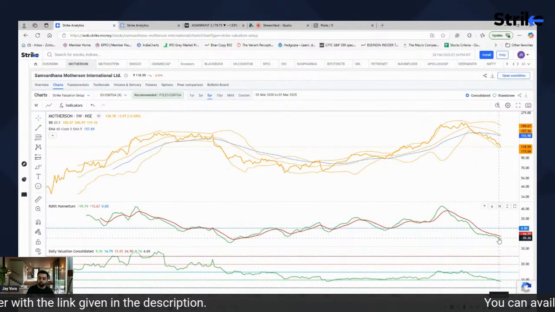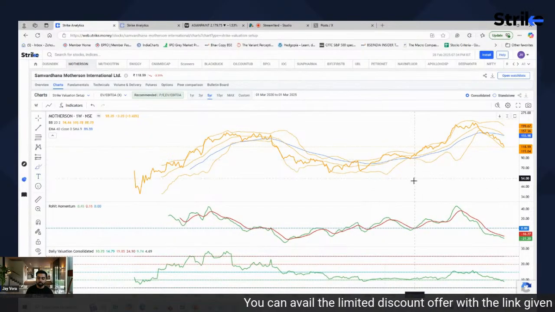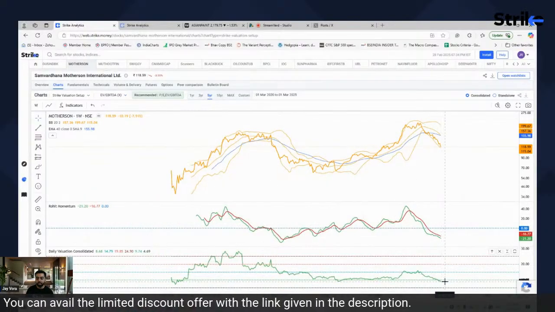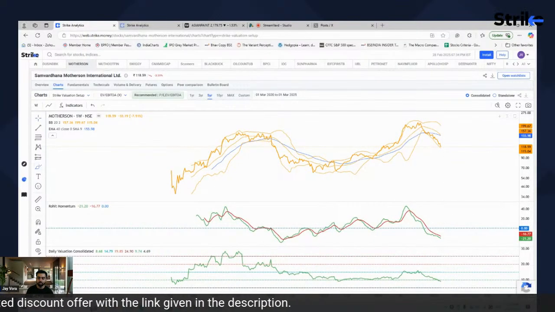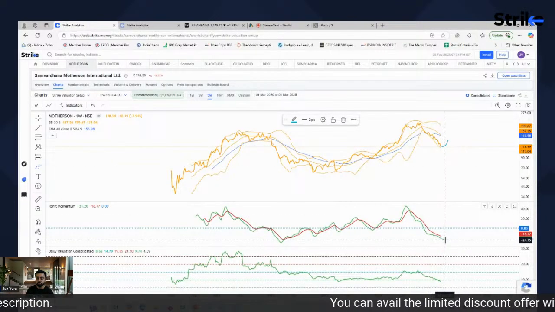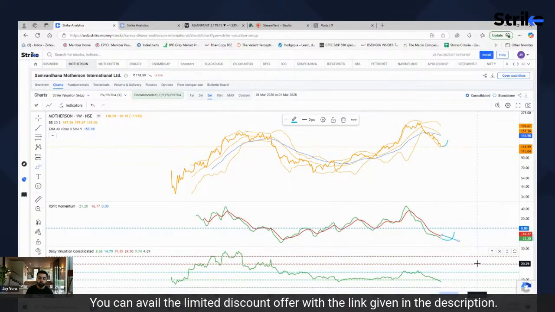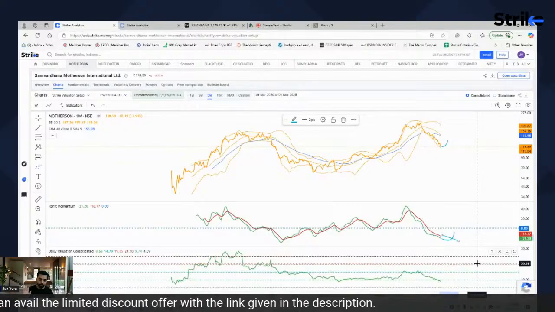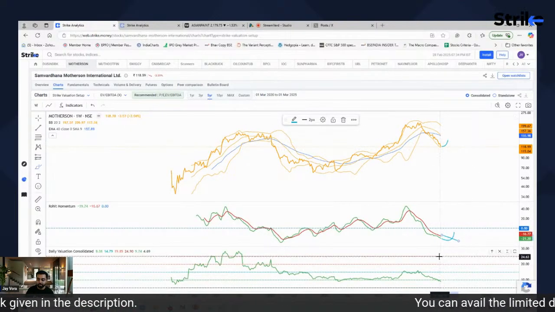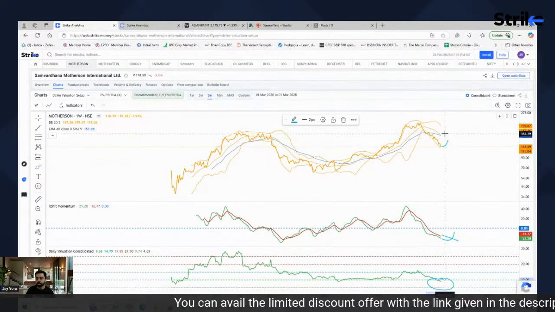So this is just an example. Please don't take it as a recommendation. The whole idea is that now you know that the valuations are cheap in this case. So what you've got to do is wait for it to turn around. When it turns around, you will see the RMI also turning around. So when the RMI turns around, say you would take 20 or 30% of your position. The rest of the positions will be taken, in fact, say you will take 40-50% because the valuations are very cheap, right?